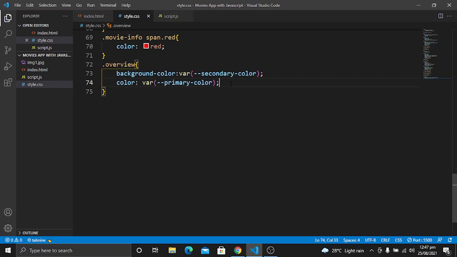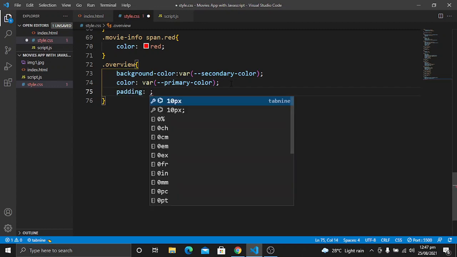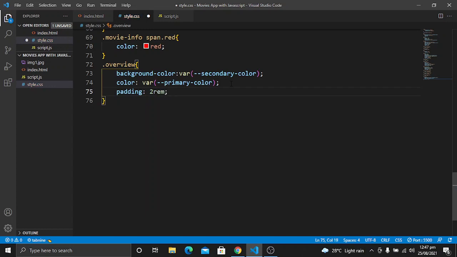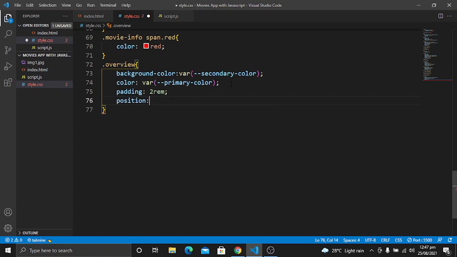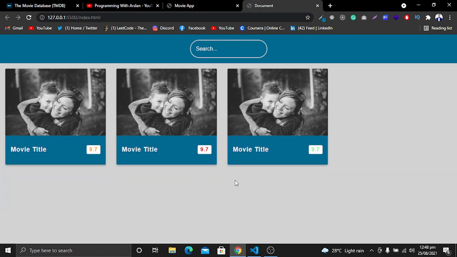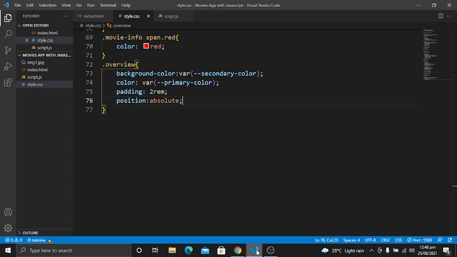Let's save it, and underneath this we want to give it a padding. So the padding is going to be 2rem. Position is going to be absolute. Let's save it, and now you will see it's not looking good because we have given it a position of absolute, and we have to give the properties such as top, left, bottom, right.